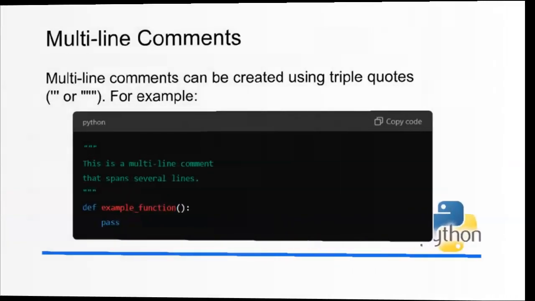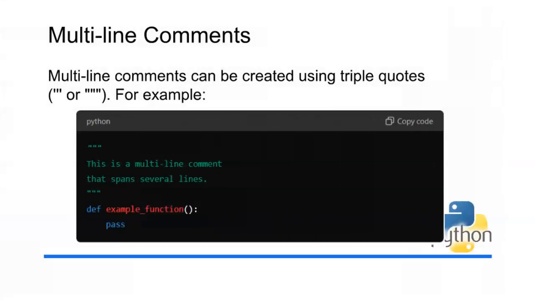Multi-line comments in Python help provide detailed explanations or annotations that span multiple lines, enhancing code clarity. While Python doesn't have a dedicated syntax for multi-line comments, they can be created using triple quotes. These comments can be placed anywhere in the code and are ignored by the interpreter, making them ideal for describing